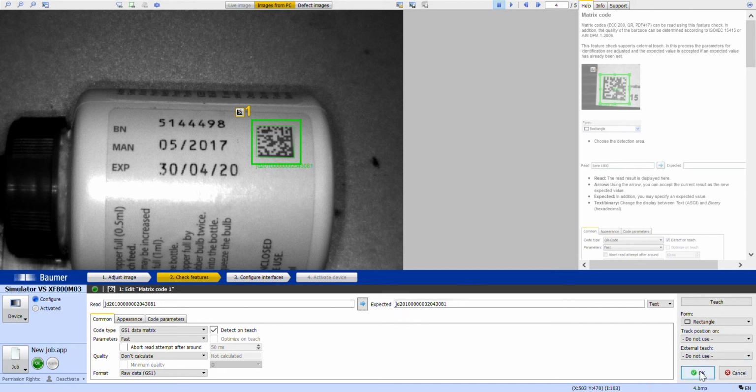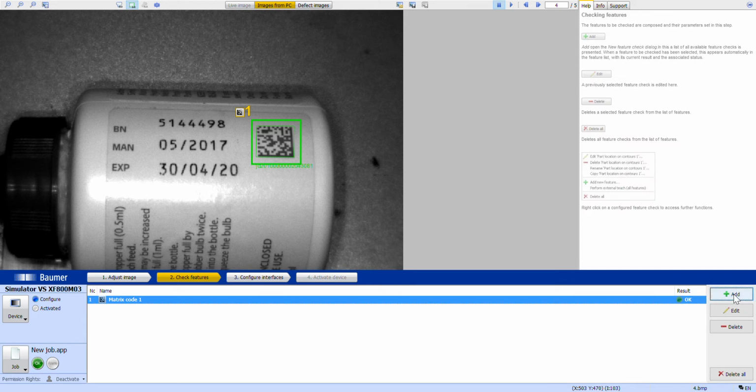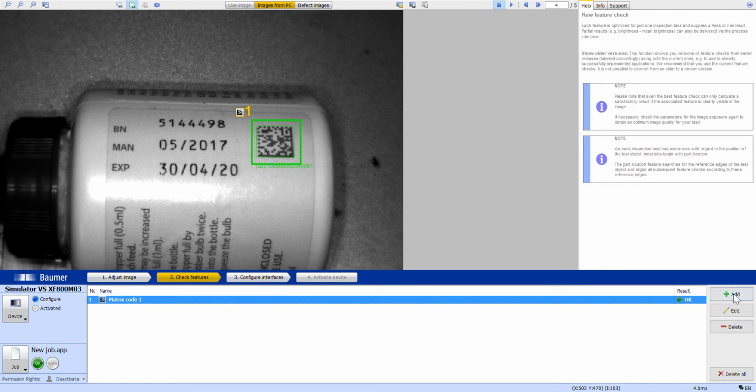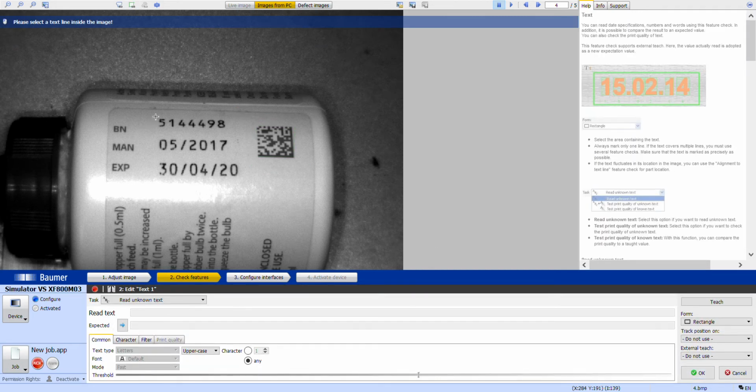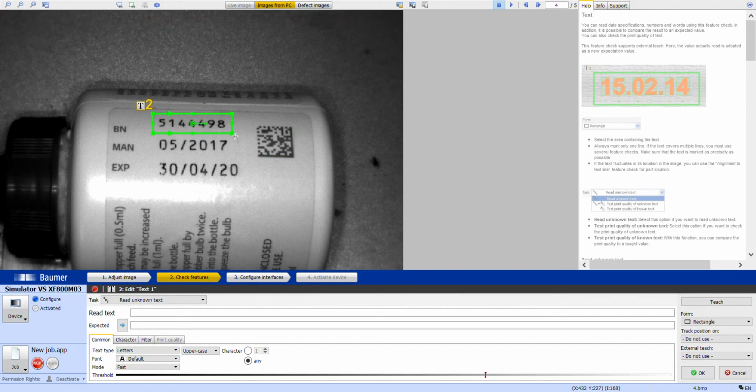So okay, that was nice and easy. That's all done. Now we can move on to the OCR part. So again, we go to Tools, Add, and Identification, and let's go for Text. And we can select, just by drawing a box around it, the information we want to read and what the code information is. In this case, it is just numerical information, so we can automatically, the sensor detects what